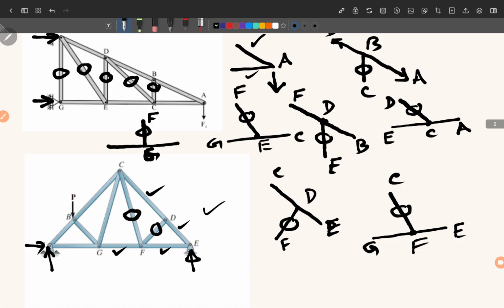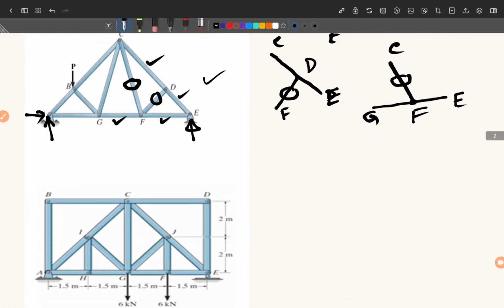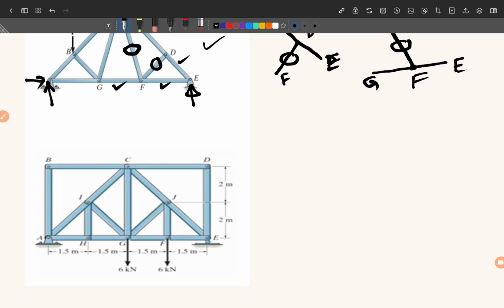So now you have seen that very quickly we have found these unknown forces, and we also notice that some of them will be equal and opposite. So your calculation of reactions, which you will be calculating by either the method of joints or the method of sections, you will get the results very fast. In our next lecture, we will be explaining how to calculate the forces in the truss members by the method of joints. Okay, now we go to the next question, and here we have another truss, and there is one roller